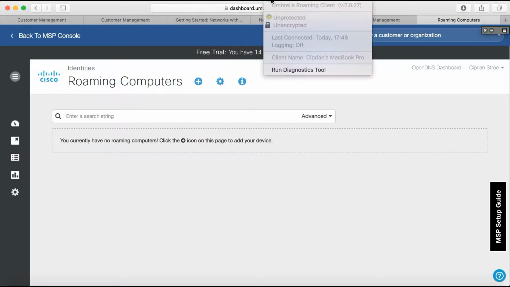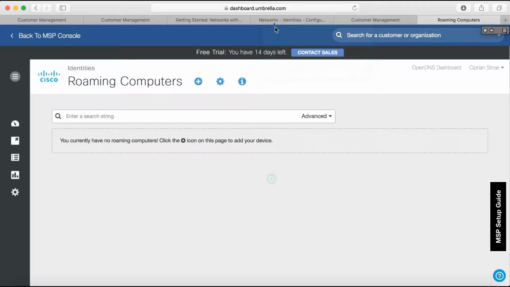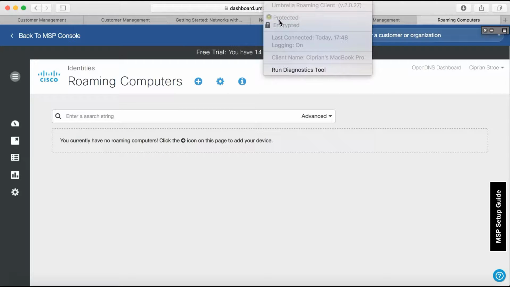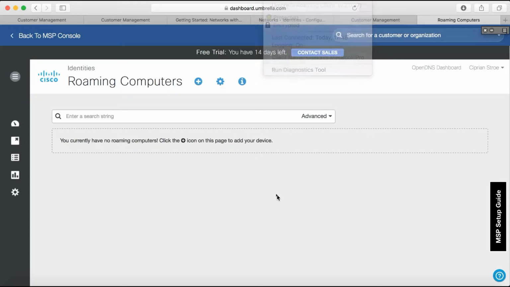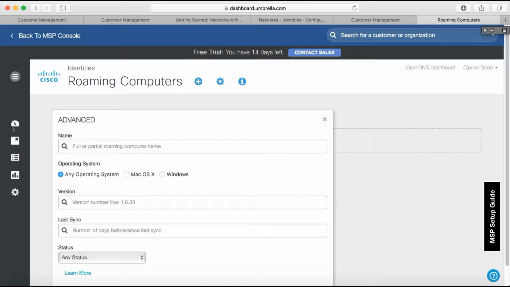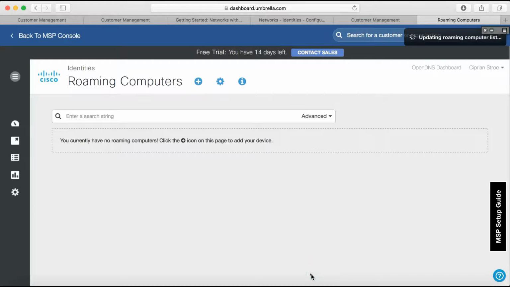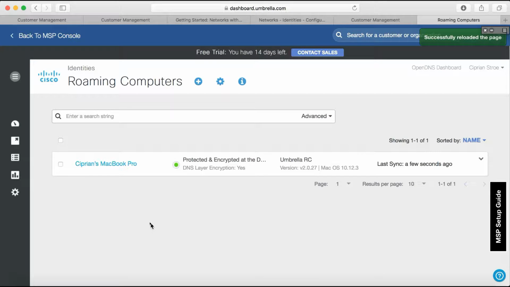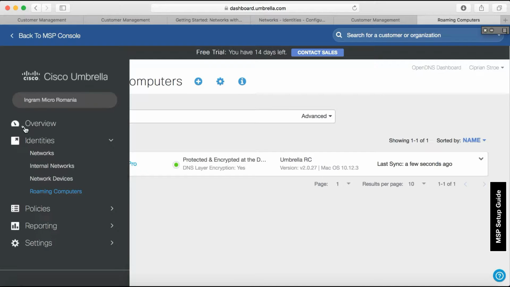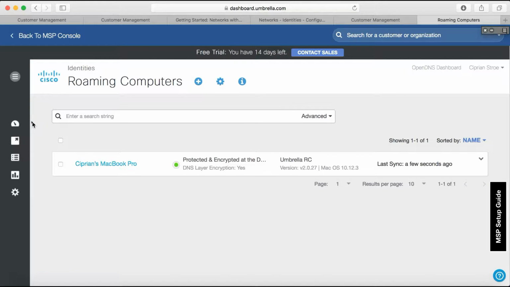Okay, now we're waiting for the roaming client to contact the cloud. It looks protected, encrypted. Let's run a refresh now, and now we see the roaming laptop, the roaming computer in here. So in our roaming computers identities section. So let's see, if you go to overview,